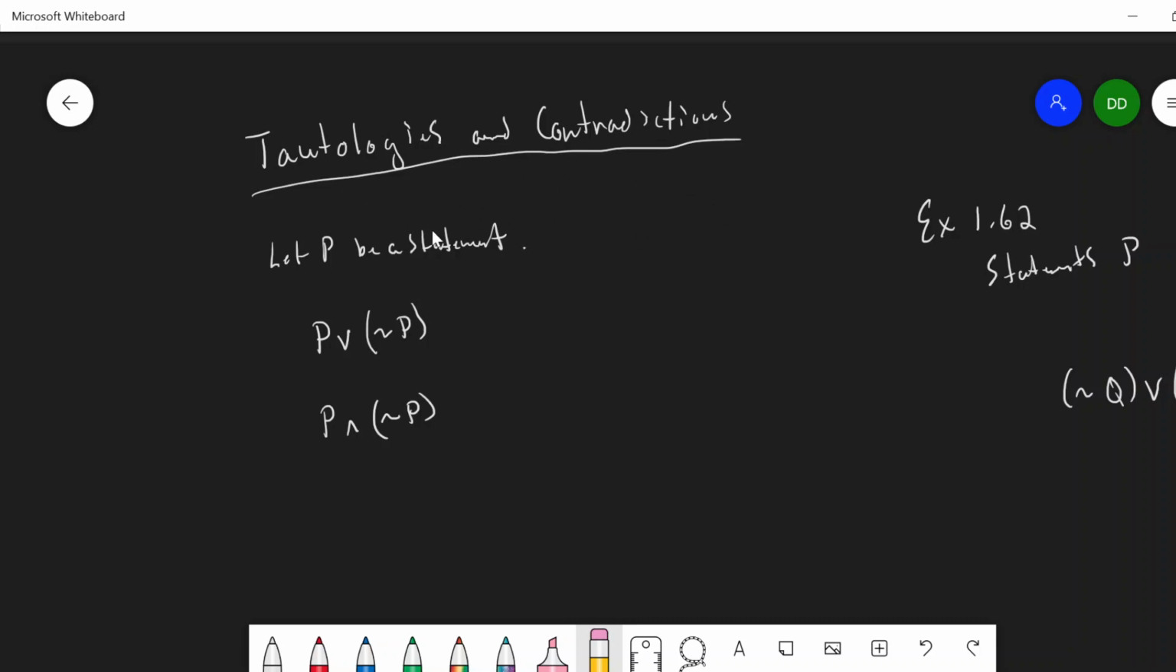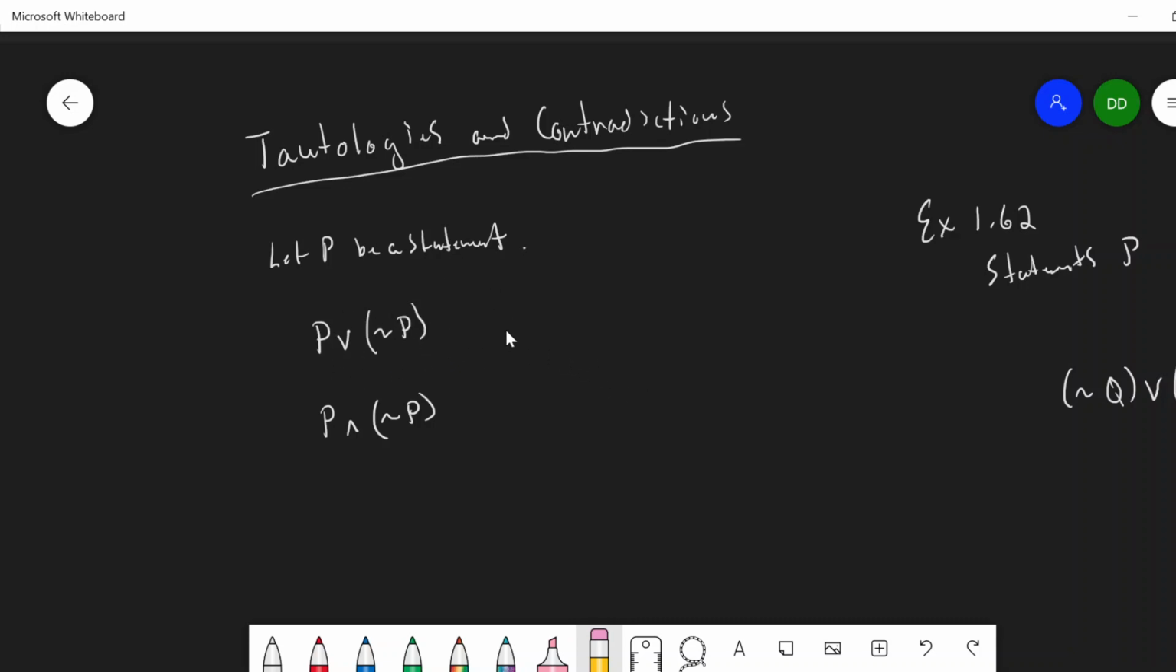Tautologies and contradictions. As you know now, a tautology is a compound statement that's true for all possible values of its component statements. A contradiction is false for all possible values of its component statements. So two real easy examples of tautologies and contradictions are the following: P or not P, as well as P and not P. So P or not P, we don't necessarily have to use a truth table to figure out